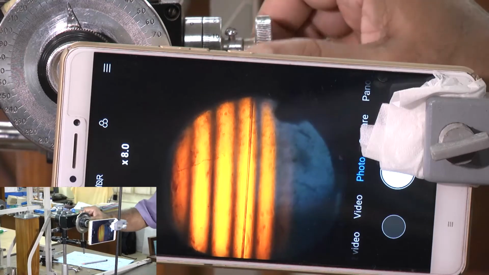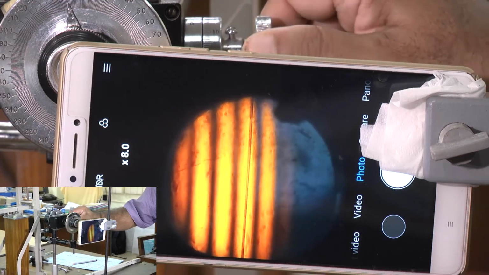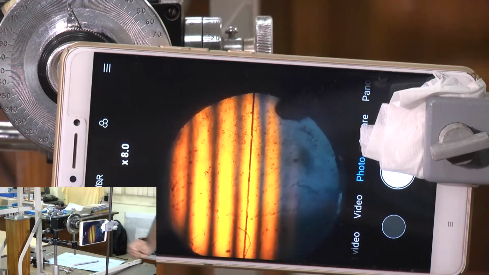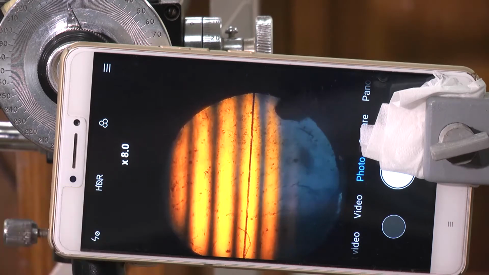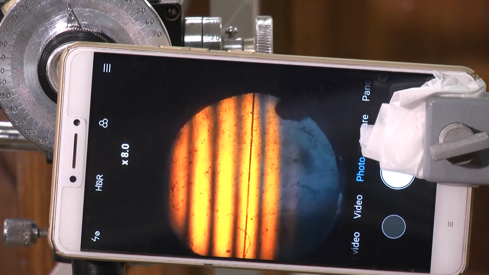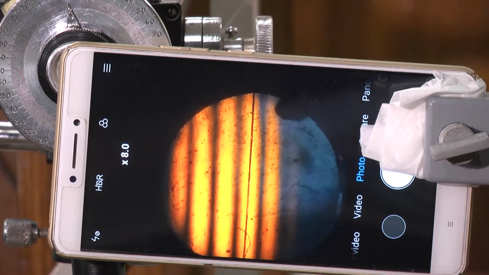Now I will change this to bring it back to the middle. So, for this 1 kg weight, what is the fringe shift? That fringe shift I calculate from this.